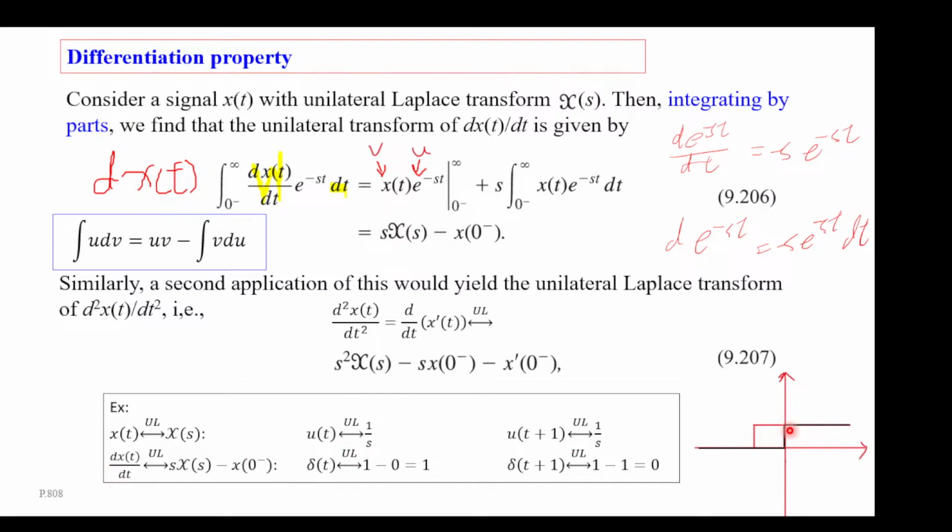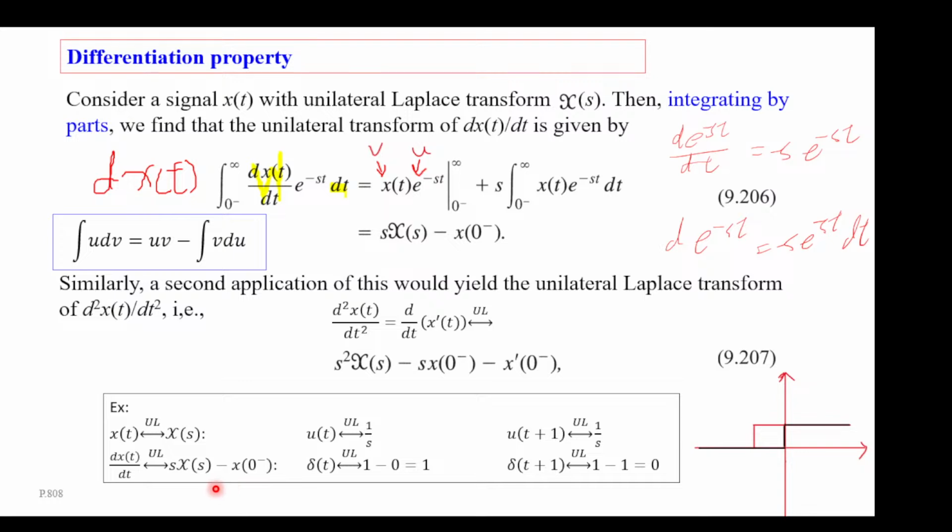And then you know that it has a singularity here. Okay, u of t, if you do differentiation, is delta of t. And delta of t will be picked out by the unilateral Laplace transform because the unilateral Laplace transform picks out the singularity at t equals 0, and it should transform to 1, and you see that it checks out with this formula. Because s times X of s is 1, s times 1 over s equal to 1,